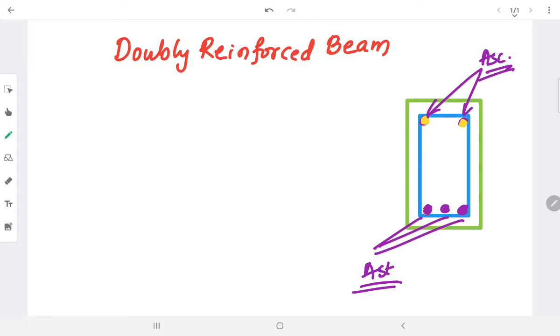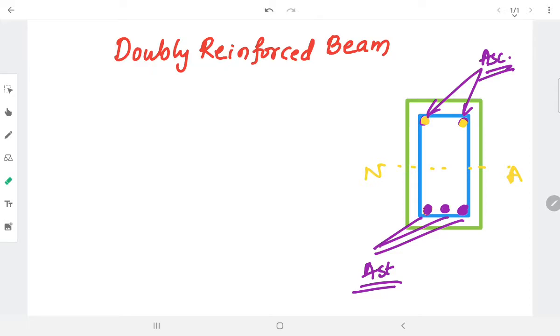These two reinforcements differ from each other because of the higher compressive stresses at the top fiber, that is above the neutral axis. This is the neutral axis. Above the neutral axis we will have the higher compressive stresses. As we have discussed in the previous sessions, when you reduce the depth of the beam, obviously the stresses will increase. As I said, the strain at the top will increase. When you reduce the depth of the beam, the strain at the bottom will be less and the strain at the top will be more. The higher strain is the result of the higher compressive stresses.